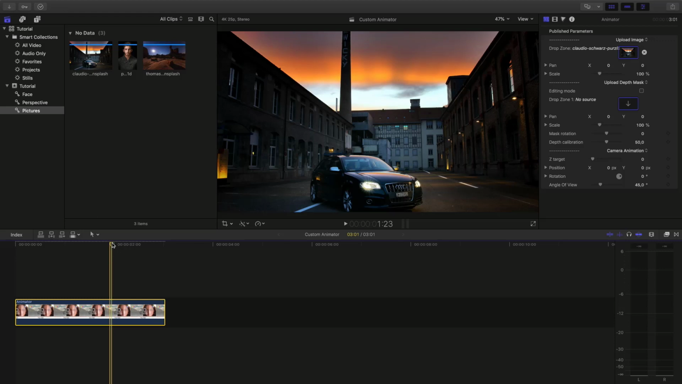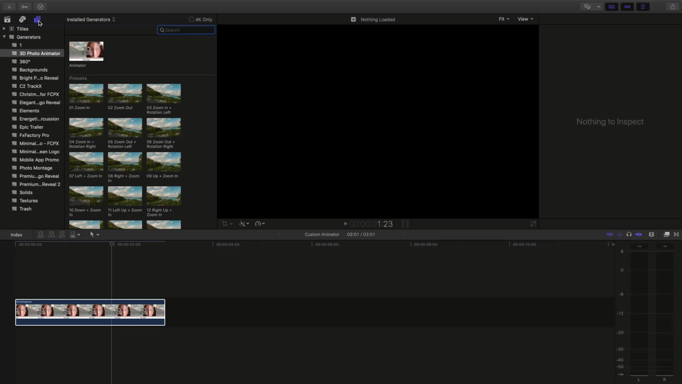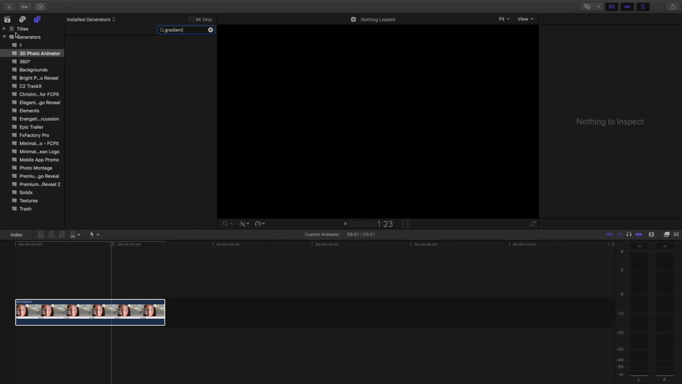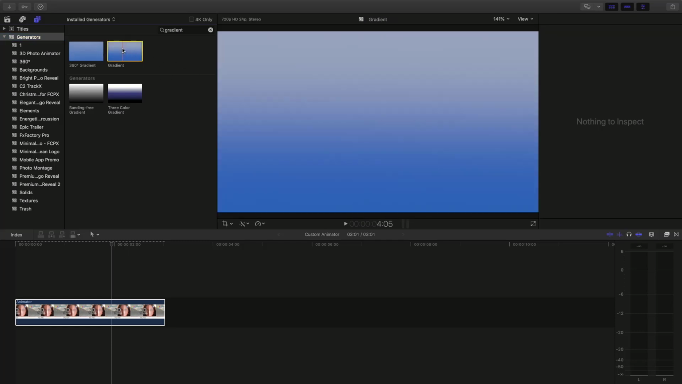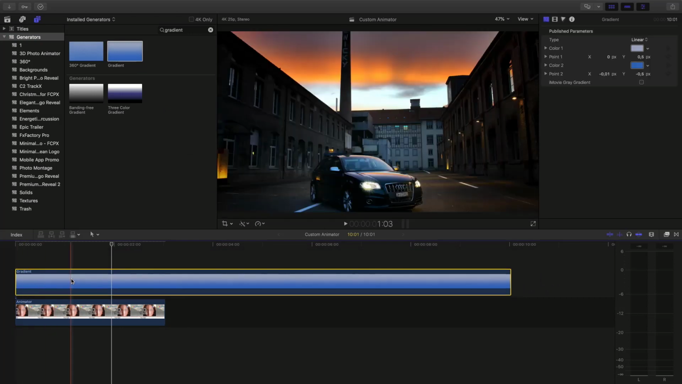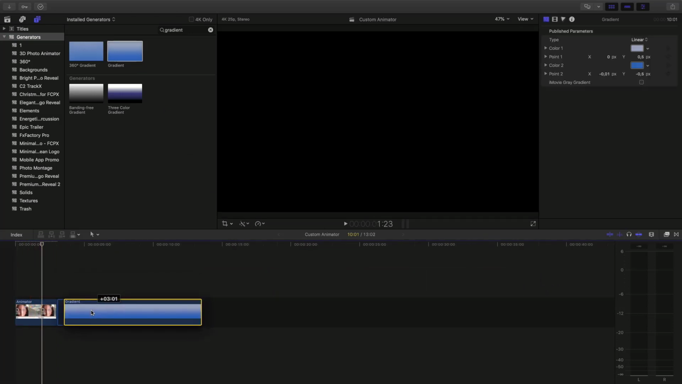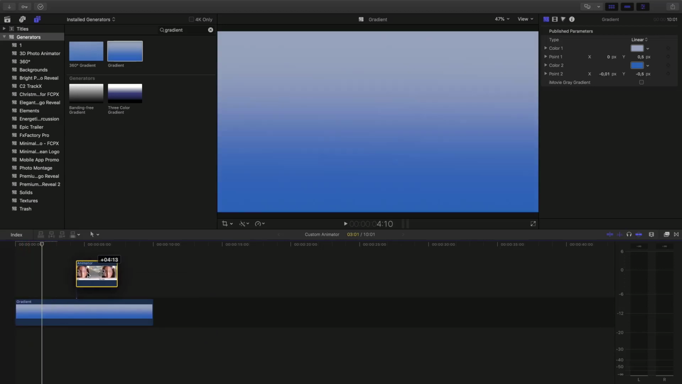First of all, you need to open installed generators and type in the search panel gradient. This is the basic preset included in all Final Cut Pro X programs. If you have Final Cut Pro X, you will have this preset. So you need to drag and drop it above our layer, or I want to do it like that. I want to make the gradient below my layer,